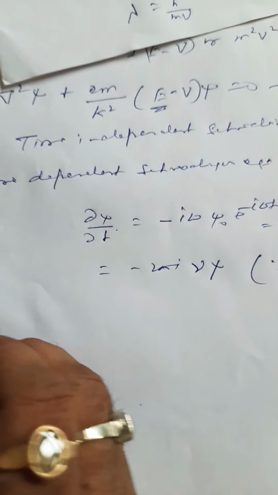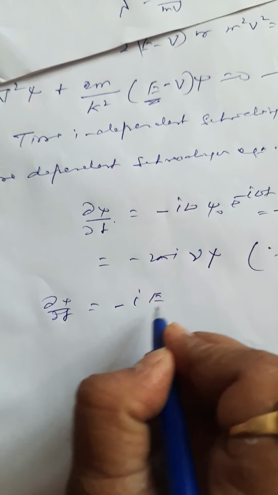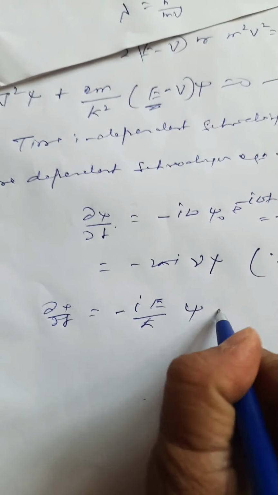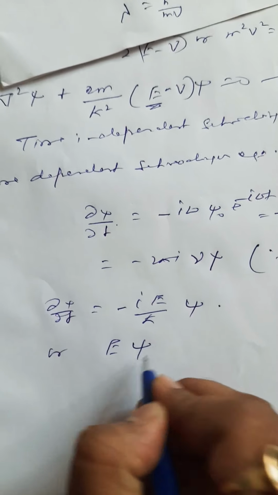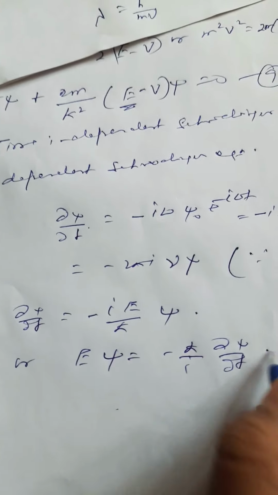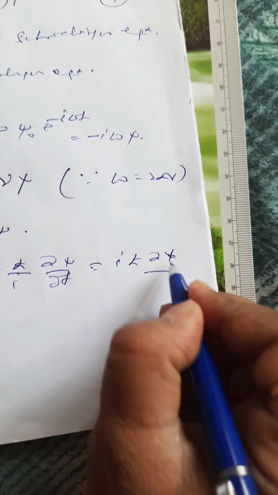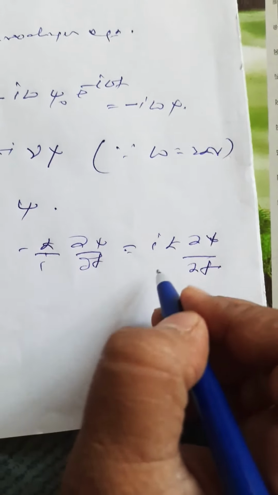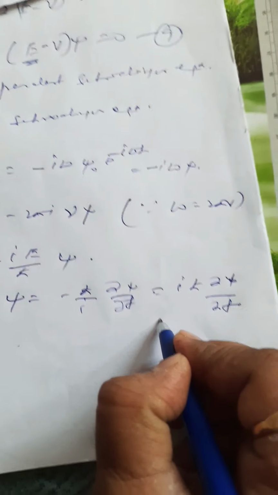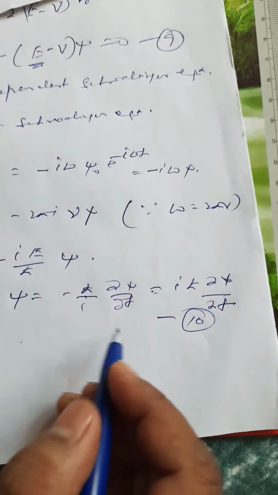Now this del psi by del t is equal to minus i into E by h cross into psi, or E psi is equal to minus h cross by i del psi by del t, equal to i h cross del psi by del t. We just multiply with i in the numerator and denominator, and we get this one. Now this will be equation number 10. Now we'll substitute this value in equation number 9. In the place of E psi, we'll get